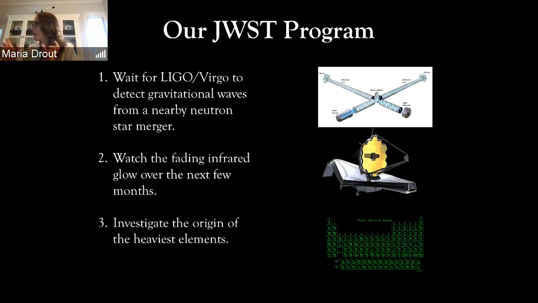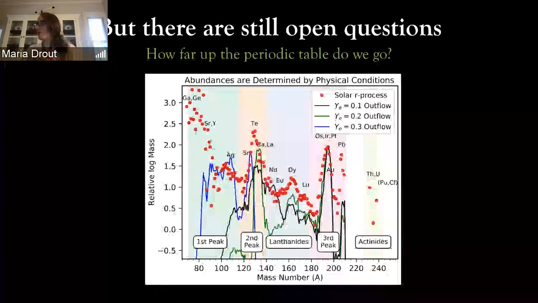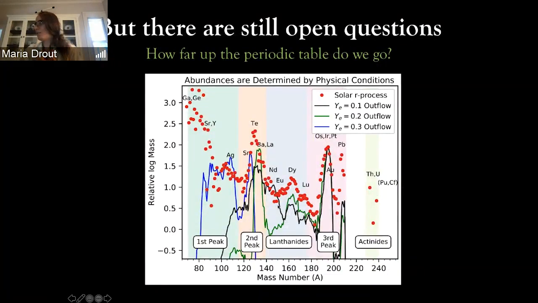And so the main difference, though, is we actually predict that the elements that are created in the black hole neutron stars will be even more weighted towards the heavier elements in the periodic table. So if I actually go back to this plot, which showed you these different conditions that basically say how neutron rich is your material. If your material is more neutron rich, you make the heavier elements, whereas if it's slightly less neutron rich, you stop at an earlier stage. And it turns out in neutron star mergers, there are actually a couple of different components to the ejecta. There are these tidal tails that are flung out, but you can also form an accretion disk that has a wind coming off of it.